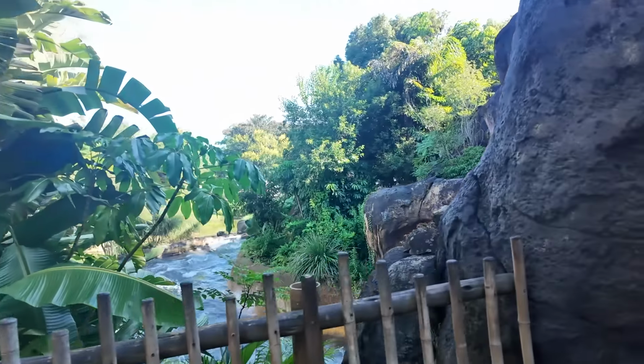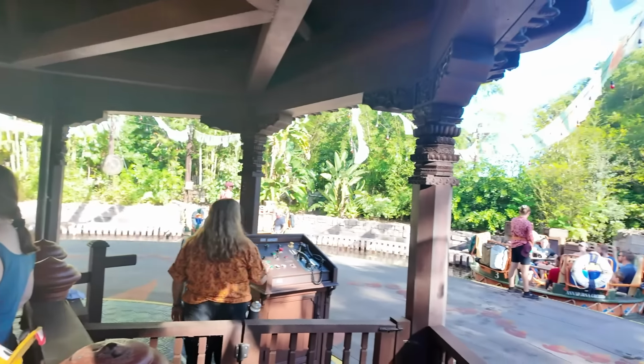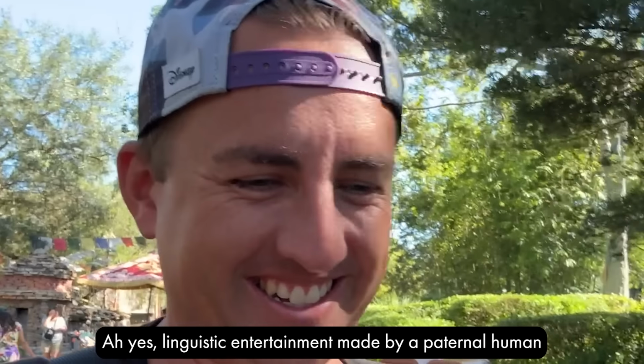But 5 minutes is not bad, and it's starting to get hot already. This was a walk-on. I've walked all the way here, and now I'm getting on. I guess I'm gonna get soaked. Looking at our times thus far, we have yet to spend more than 3 minutes in line. I believe our highest so far is 2 minutes and 7 seconds in line, which is kind of wild because